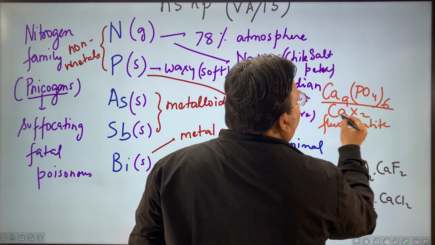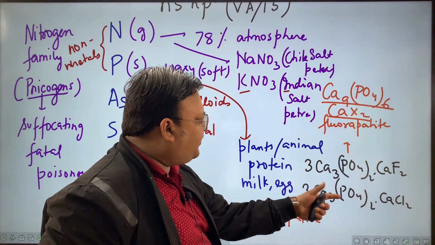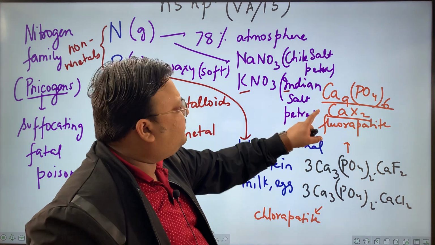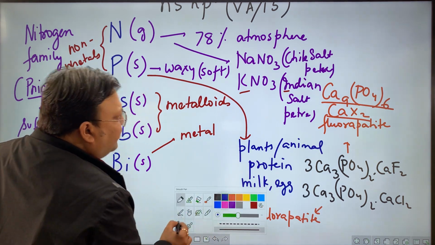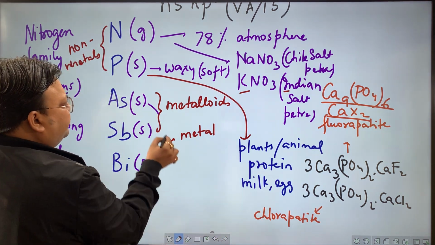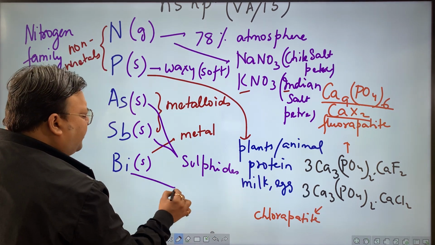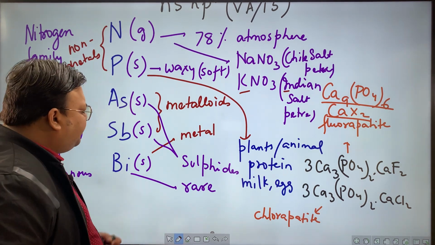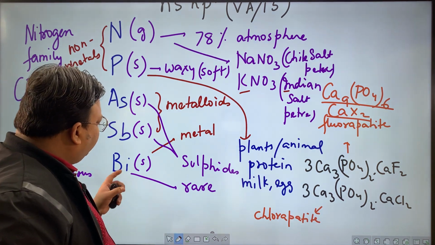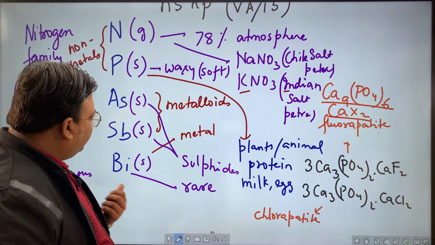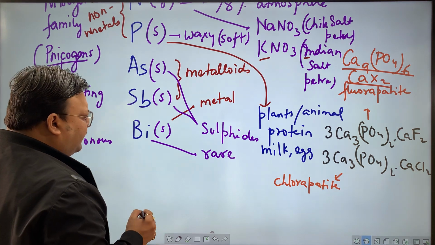So, you will be able to relate to this general formula Ca9, because this is the symbolic formula representation of chloroapatite and fluorapatite. I think it's given in this one NCERT, we will check that. Arsenic and antimony are present largely in the form of their sulfides. Bismuth is a very rare metal. It's generally found in the igneous rocks. In a country like China, you have a lot of bismuth, but otherwise it's a relatively rare metal. By distillation, it's purified. You will learn that in metallurgy.